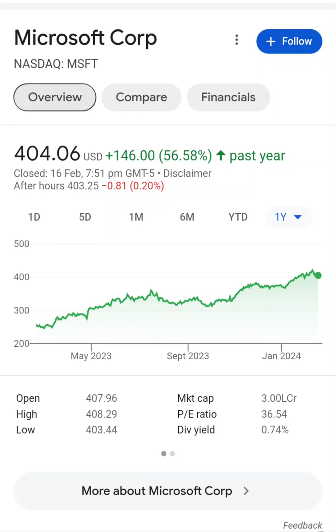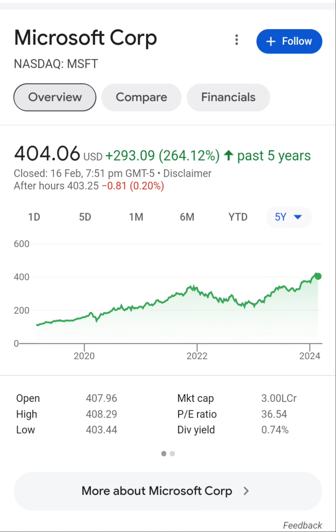In today's video, I will discuss the Microsoft stock, how it performed in the last 1 year, 5 years, and all time. If you see the graph of the last 1 year, you will see that this stock was in an uptrend for much of the time. After that, a solid profit booking is seen from this point to this point. After that, the stock is in an uptrend again.